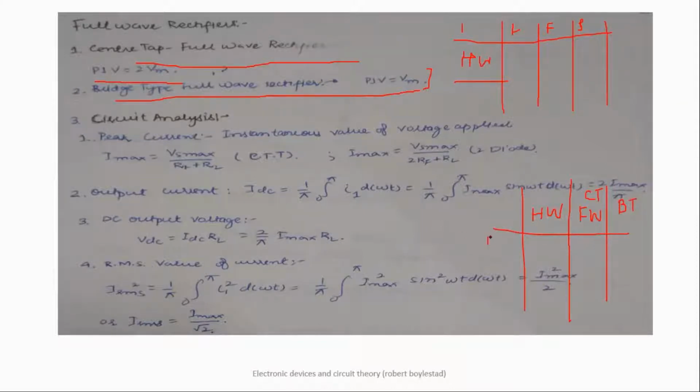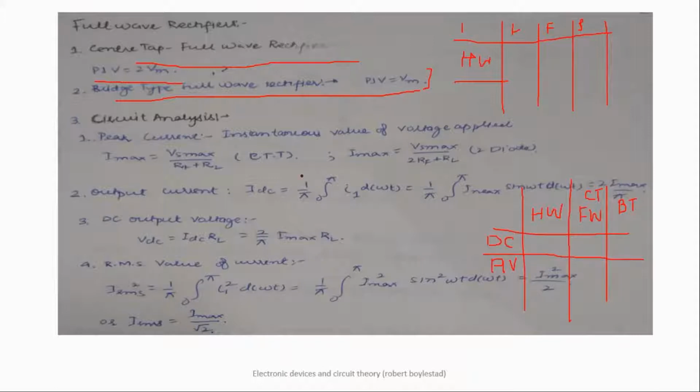The first thing is the DC value. This parameter you are going to write. Then you are going to write your peak inverse voltage, and so on. Whatever we discuss now, you are supposed to write all of it. Okay, is this clear now? Yes sir. Okay, because this will give you a fair idea of how you are going to compare these three types of rectifiers.